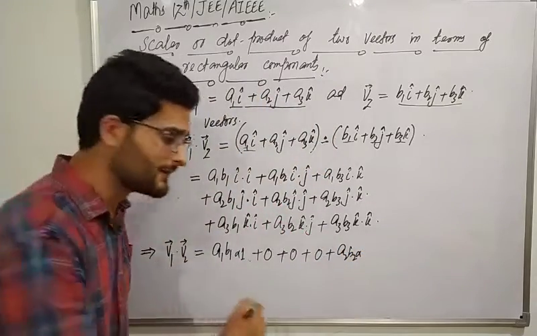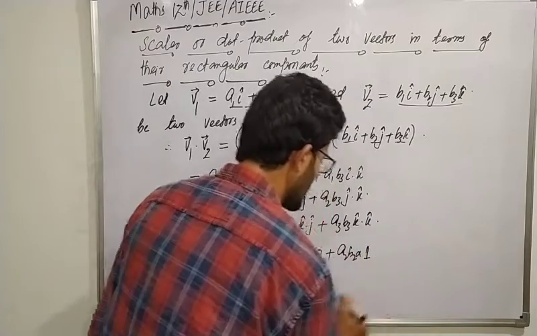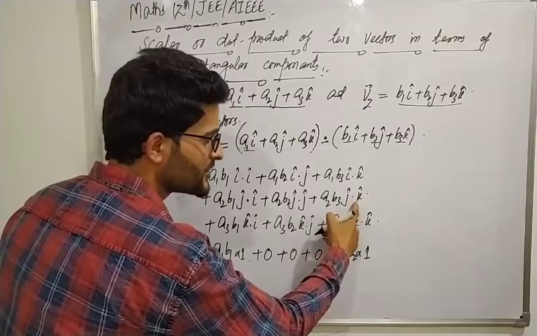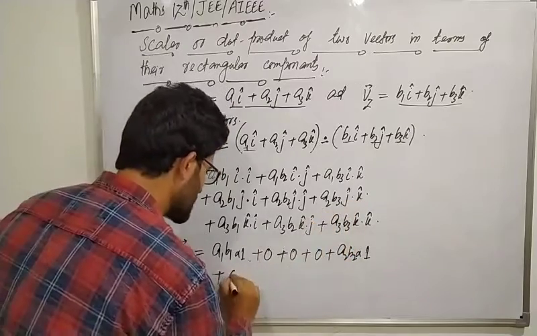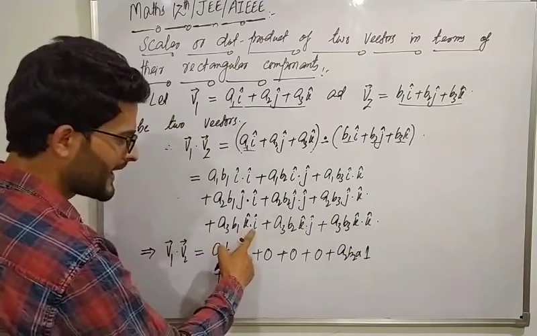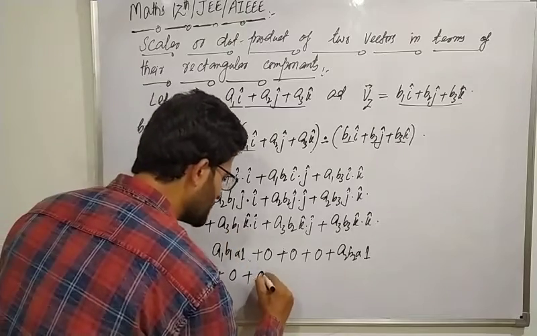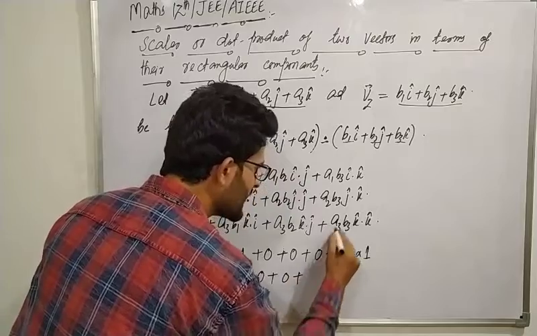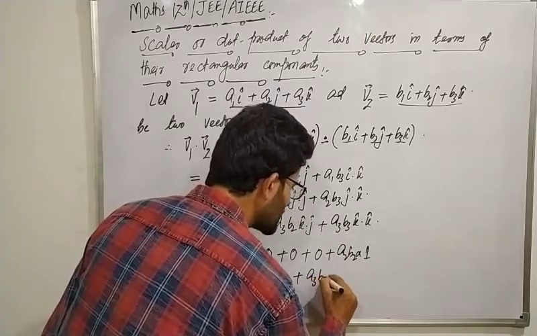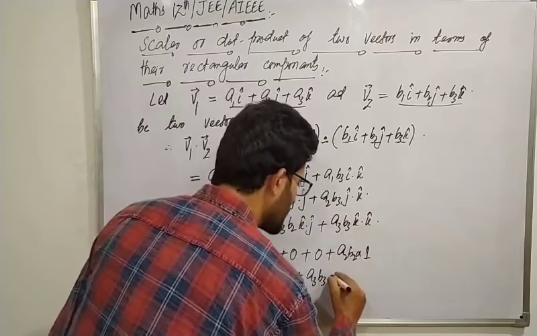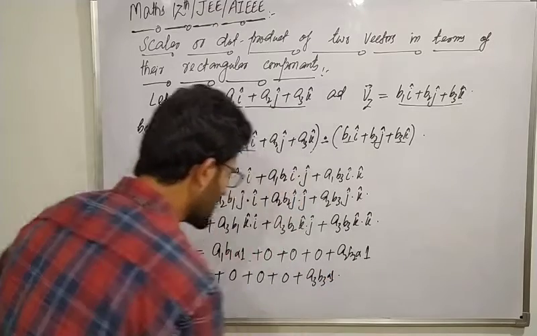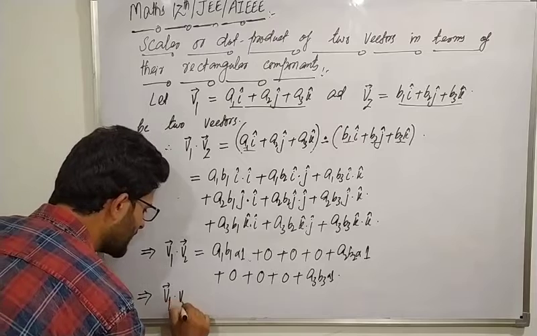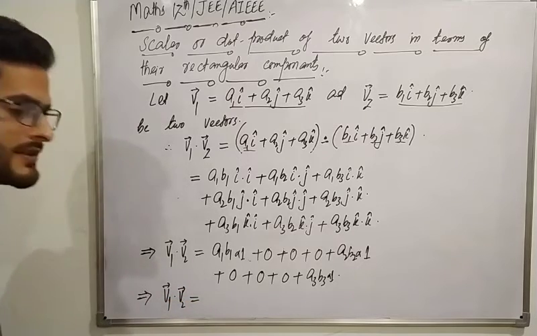that is equal to 1, हाँ जी, प्लस आगे क्या आएगा, यस a2 b3 j dot k is 0 into anything is 0, plus k dot i is 0 into anything is 0, plus k dot j is 0 into anything is 0, plus a3 b3 k dot k would be always equal to 1. So implies we have got the result, that is v1 dot v2, dot product of two vectors